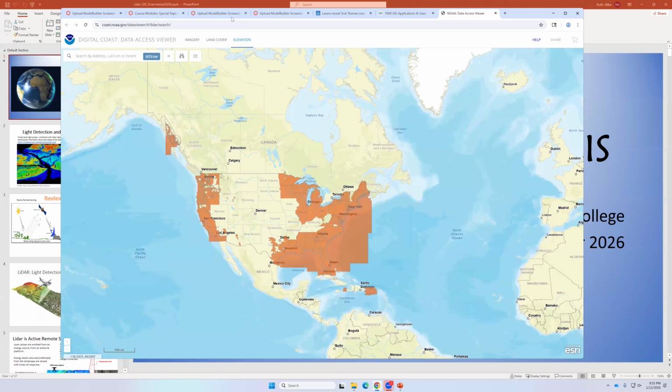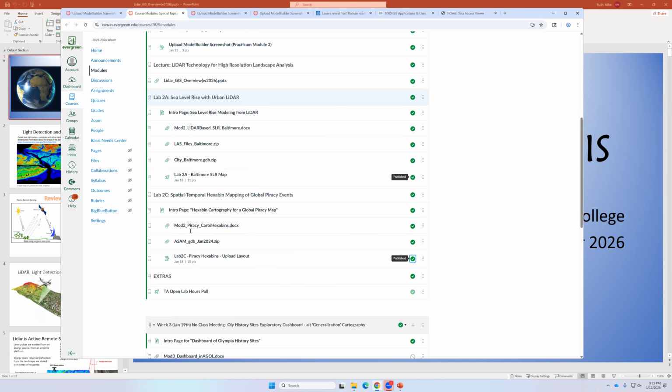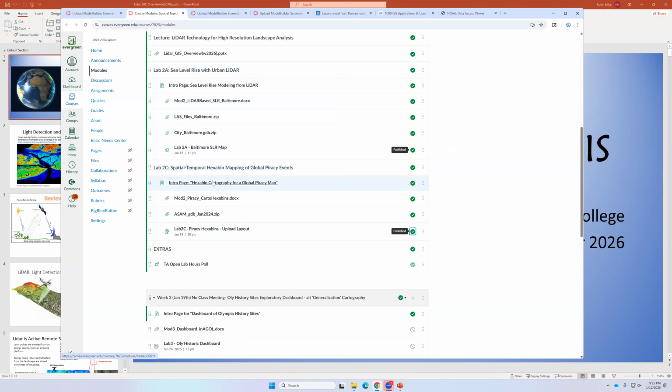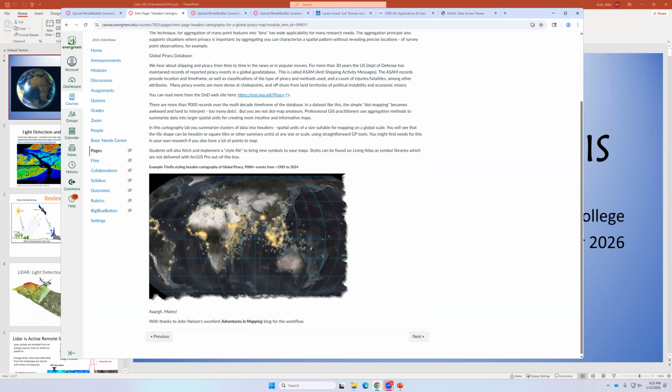Let me just quickly touch on the alternate lab, which is spatial temporal hexabin mapping. This is the cartography lab, and you're going to make a map that looks kind of like this. This is a derived map of 10,000 or so global piracy incidents that have been recorded over the past couple of decades by the U.S. Defense Department. Who knew? The Defense Department has a global piracy events database, and mariners who experience piracy,